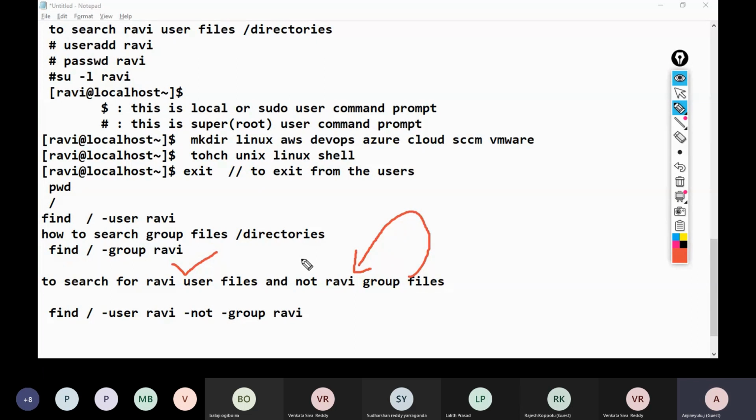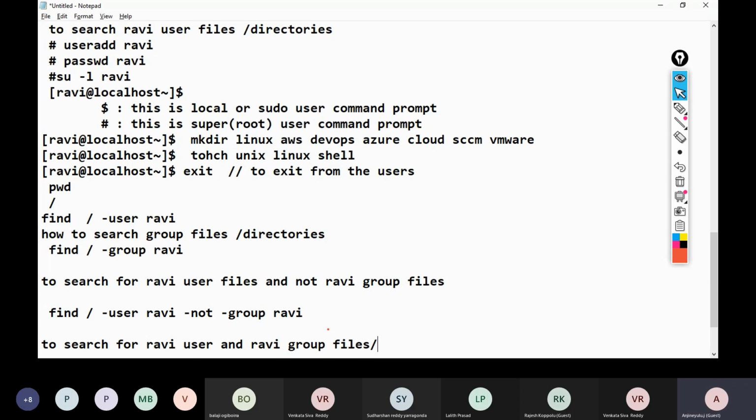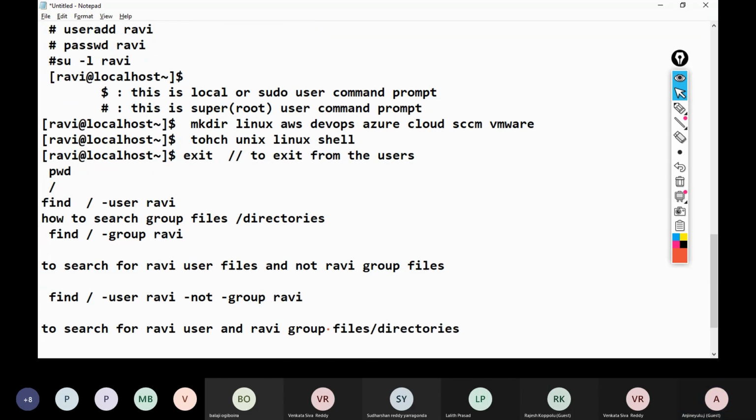So remember, to search Ravi user and Ravi group files and directories at a time, what we have to do here?